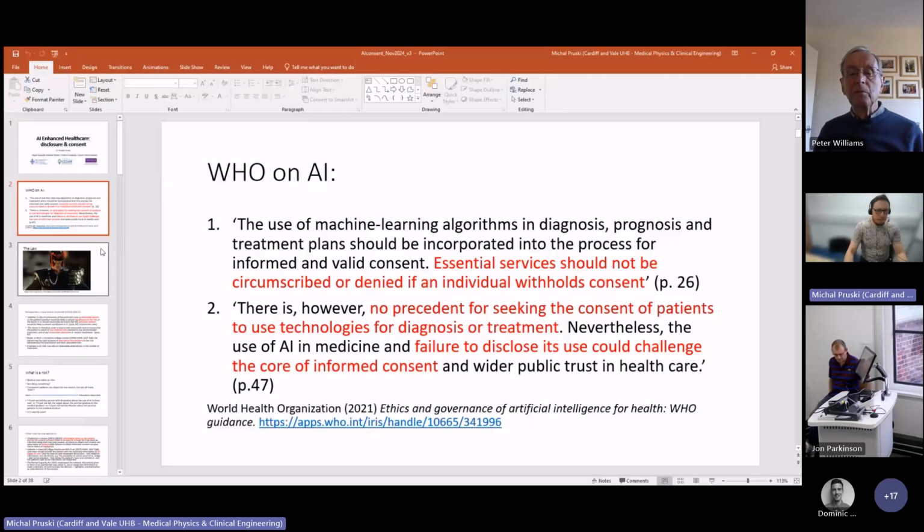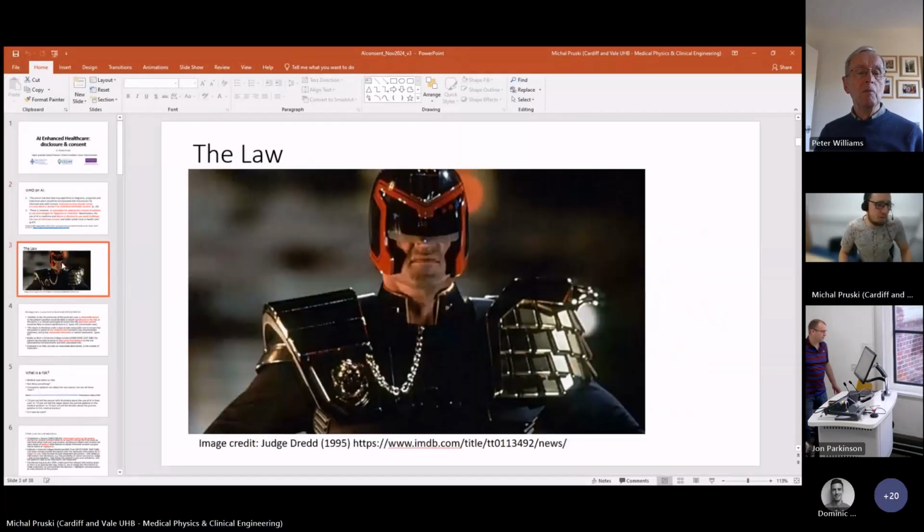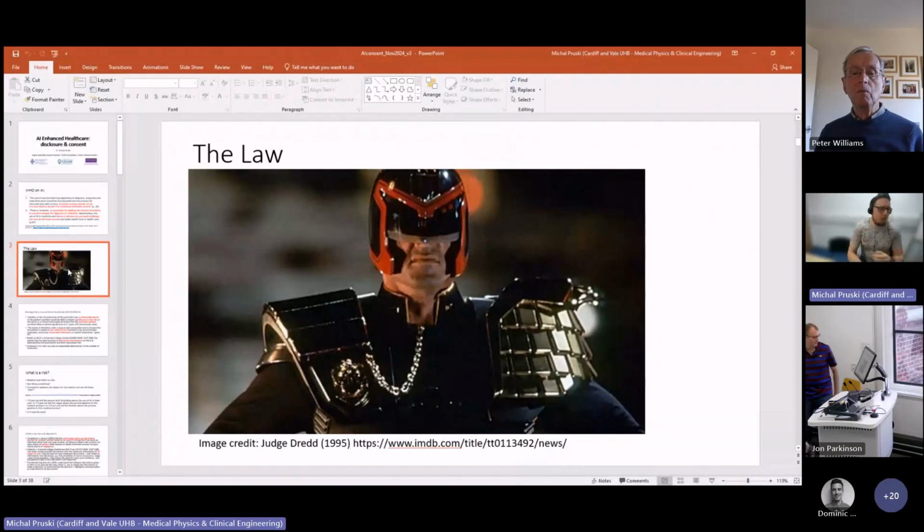Okay. So I think the main thing that I want to challenge is those statements by the WHO and just show how they relate to the issue of informed consent. So now we'll move on to law, and I hope it will not be a too dreadful section. And I'll start first by talking a bit about consent law in general in healthcare, and then we'll move a bit to the fascinating topic of GDPR.